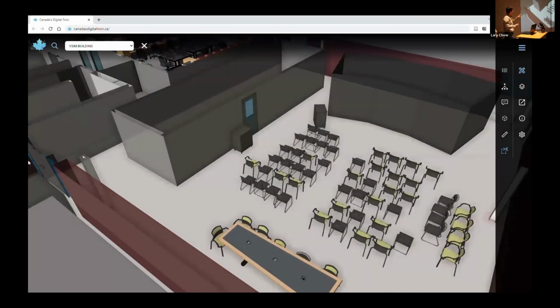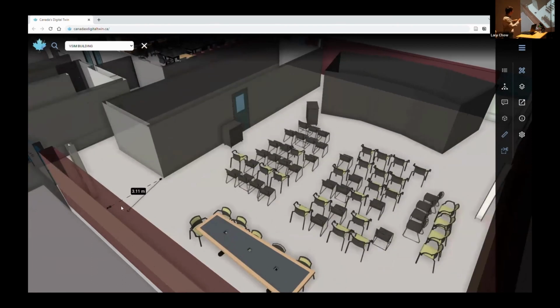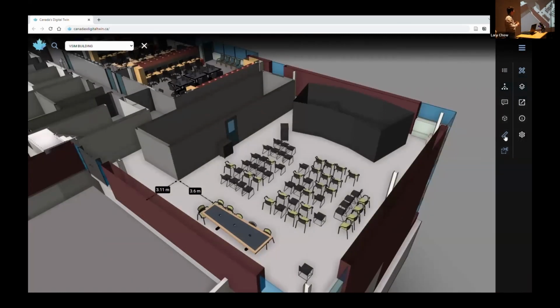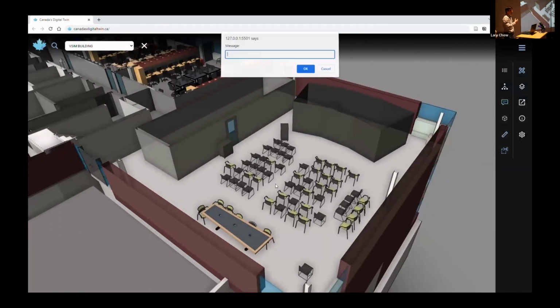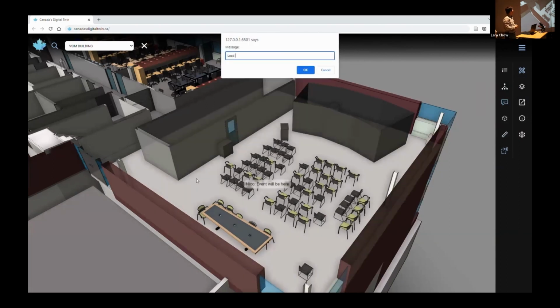So you have your phone, you say, okay, we're going to do an event right here. Let's see if we can bring the equipment through that door. So we take the app, we measure directly on top of the digital assets. And then when you know that maybe the equipment is going to be able to be loaded there, you can communicate those things to the person that is bringing the equipment and just write that directly on top of the